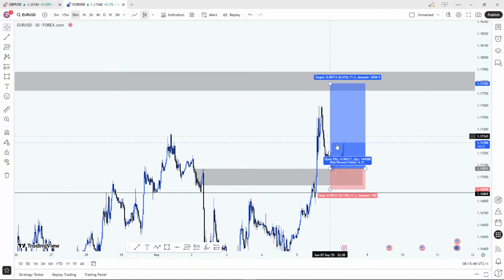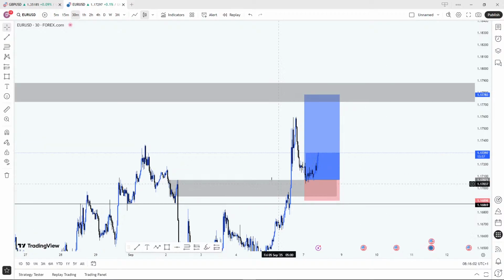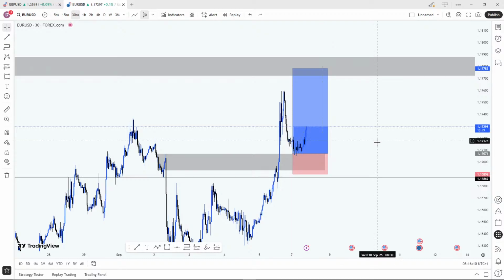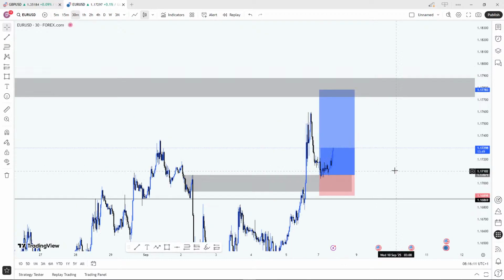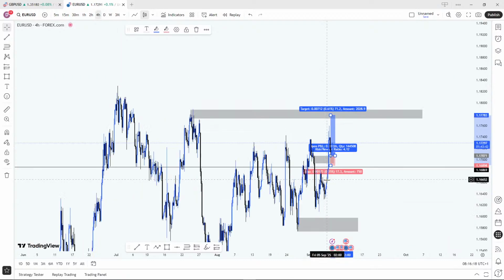Why didn't I send out this very signal? Why didn't I drop it to the group as a signal? Because of the spread. Market opened by 10, is it by 10 or 9? By 10 p.m. Nigeria time, right? The spread was just so crazy. So if I drop it, you would be entering late. The profit will not be reasonable and it's just going to be crazy. So because of the spread and the market having just opened, that was why I just let it be.